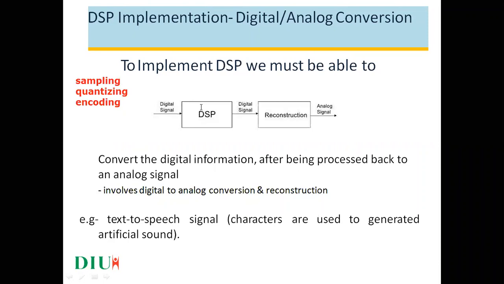From there the signal is processed in the DSP processor, and again it is fed for reconstruction. Now, what is the necessity of reconstruction here? Whatever signal we have at the beginning of our signal processing, for example, if this is my signal which is an input to the DSP processor, it is an analog quantity.